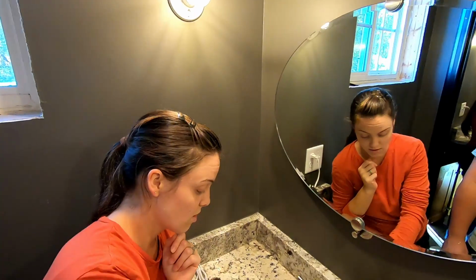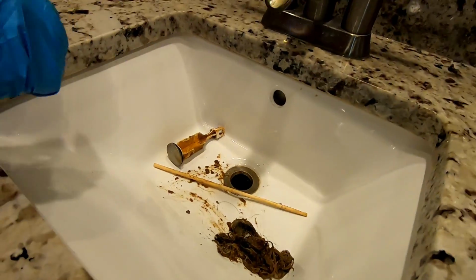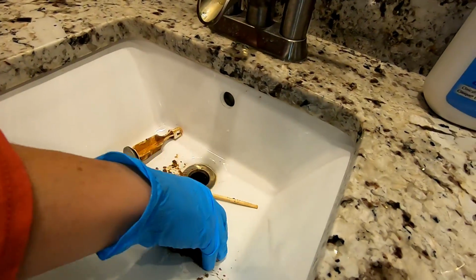Really? You just unscrew your thing and dig it out with pliers and... So, and then throw it into the toilet and flush it down. Or...